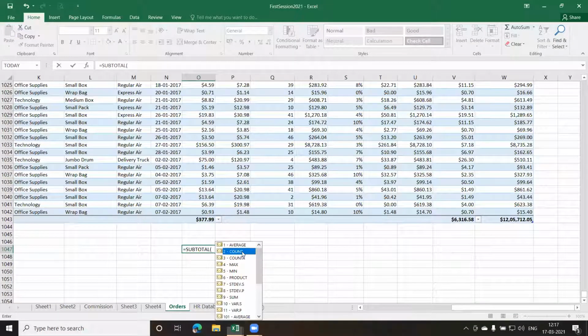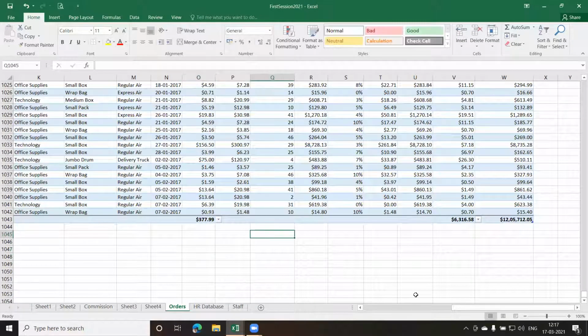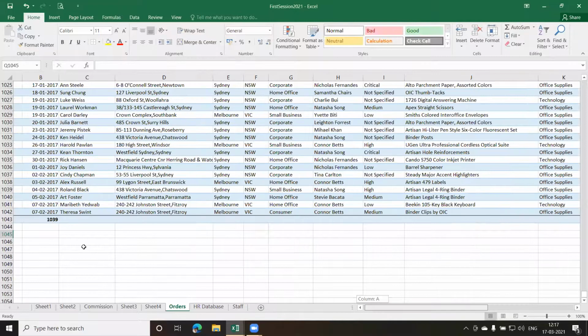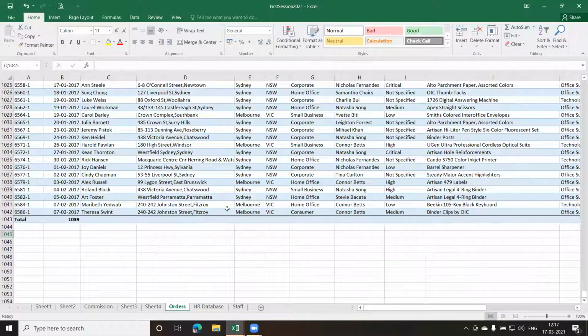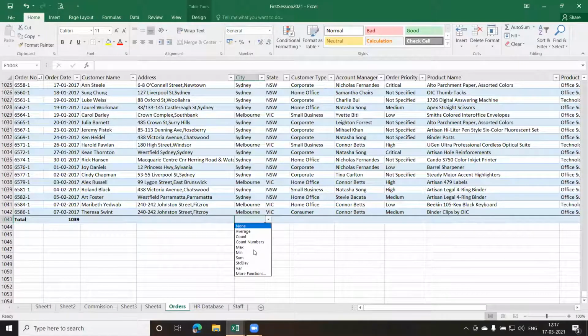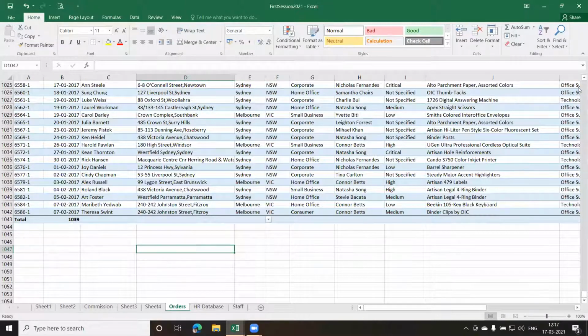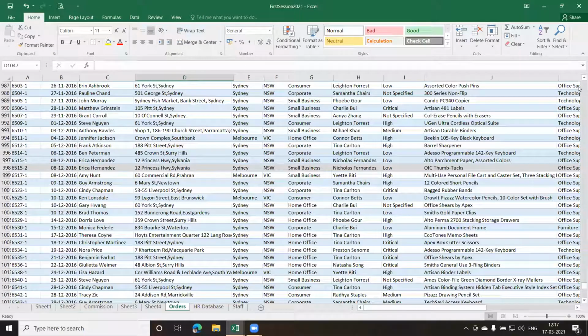Let us say count. I can select this option, put a comma and give the reference of the columns which I want to count. So by default, we are not supposed to type this function separately. If we add the total row to the table, when I go to this row, I get the option of selecting the function which I want. And it is a very useful one. Clear? Any doubts in how to get this total row?